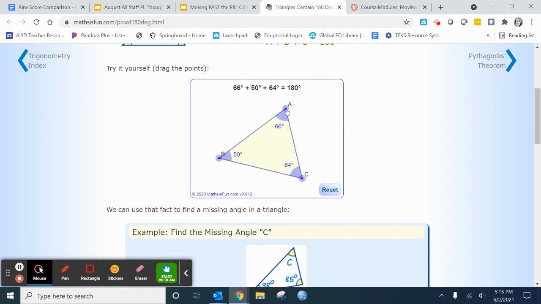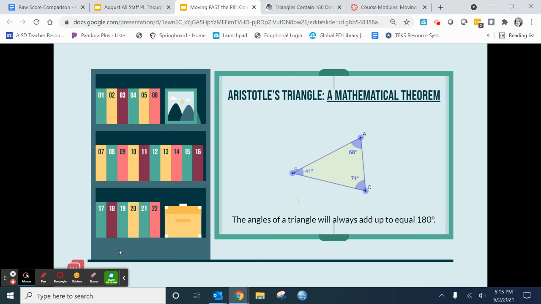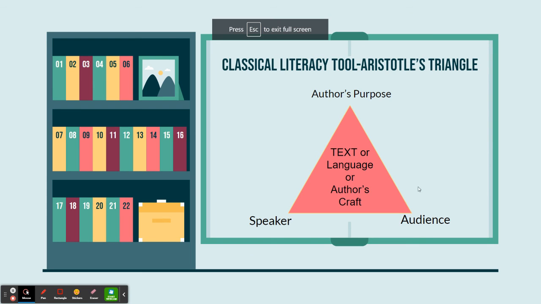If I change one component of this triangle, it automatically requires a change at the other two vertices. And likewise with author's purpose and craft. If I go back one slide, if we change the intended audience of a text, then that is going to require changes to the text itself, right? If you change one, it changes everything.